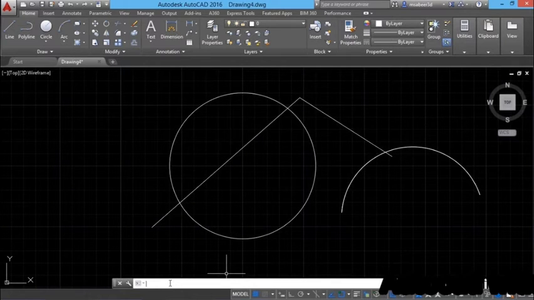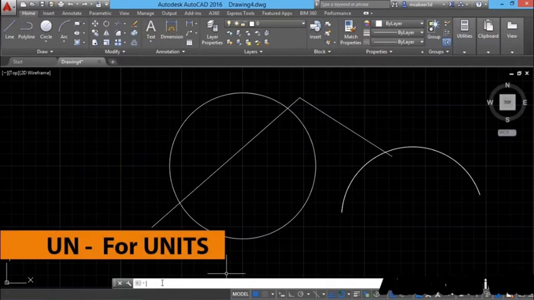Before we start any drawing, we have to set a proper unit. Basically, we create drawings in decimal and imperial units. In AutoCAD, when you work, we actually create the drawing in the true dimensions. Later on, while going for the plot, you can specify a proper scale to scale down the drawing or to scale up the drawing. So let's go to the units command.